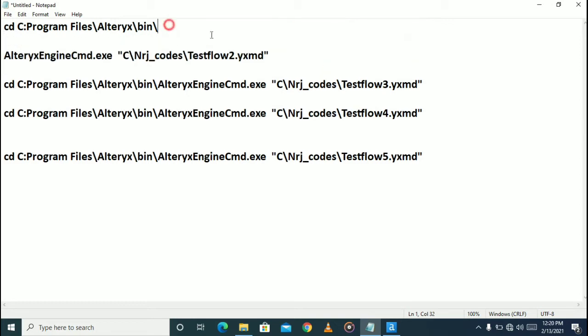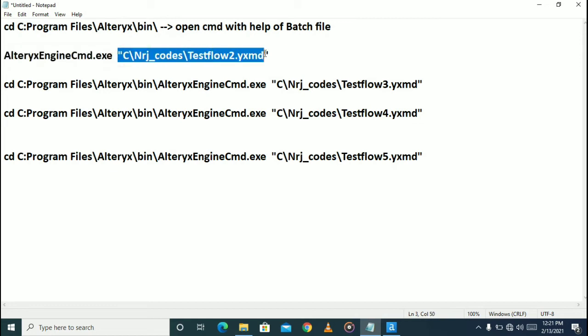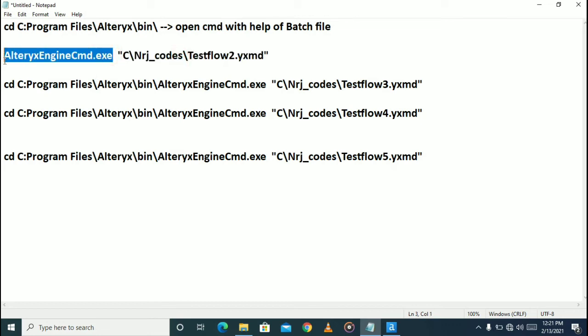Now what will happen after this is that it is going to open the cmd command with the help of the batch file. After going into cmd it will do cd, open this path, and now it is going to run this Alteryx exe file. After that it is going to run this flow. So now if we take this